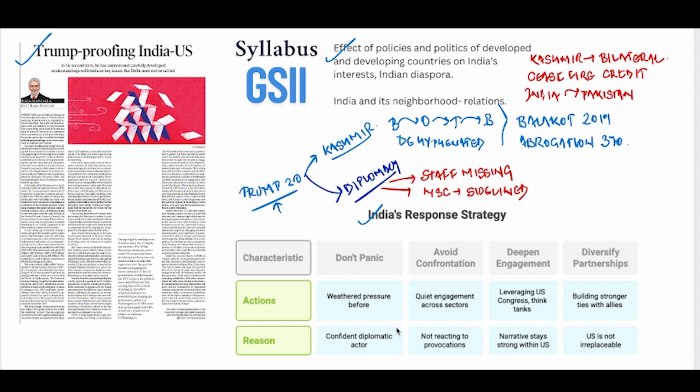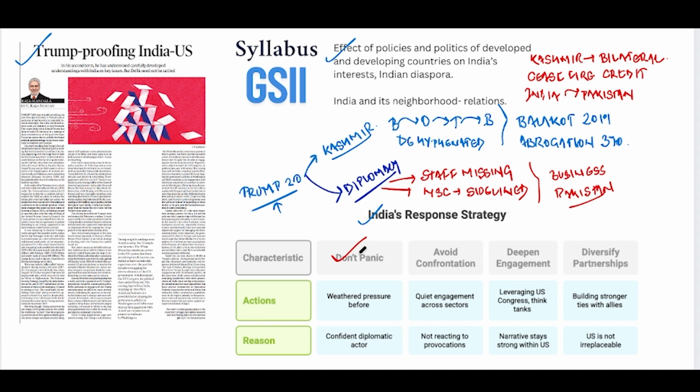And to make things worse, there are reports, which are quite unverified but could still be true, about Trump family business interests in Pakistan, especially investment in Pakistan's cryptocurrency businesses. If true, this could create an ethical dilemma or concern between personal and public interests. And that is why the author suggests a mature four-part Indian strategy that is already in motion.